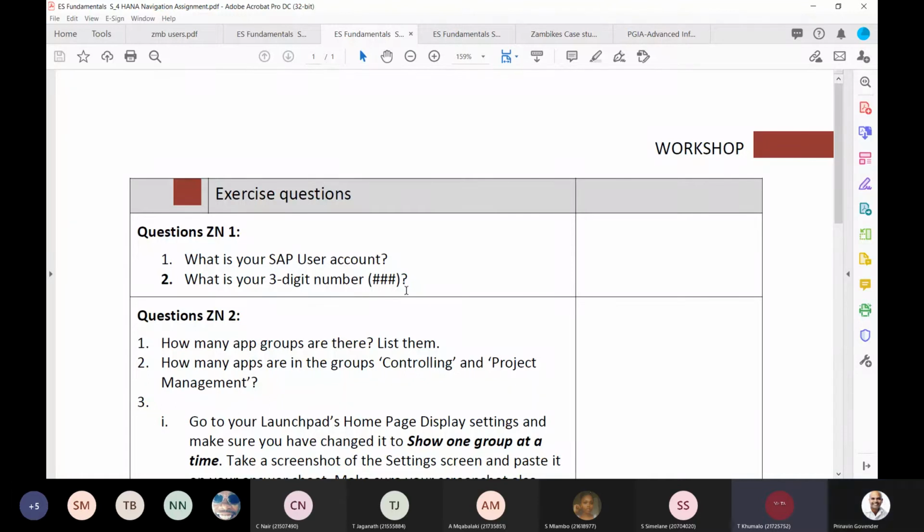Good. The next question, how many app groups are there? You will need to list them. The only way you can do that is if you log into your system. How many apps are in the groups controlling and project management? You will need to log into the system. You will need to click on controlling and click on project management for you to be able